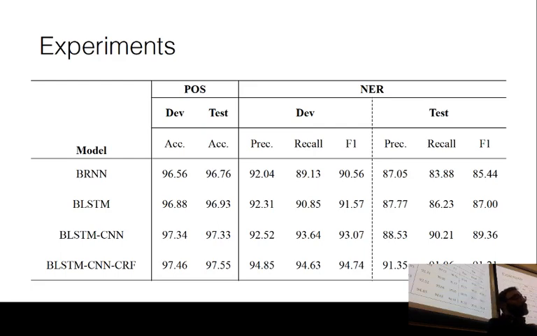Yeah? I'm confused about the output of the BiLSTMs. Are they used as the emission matrices of the CRF or the transition matrices? What's the function of the BiLSTM's output? Oh, I'm pretty sure that it was just for the emissions. So basically,